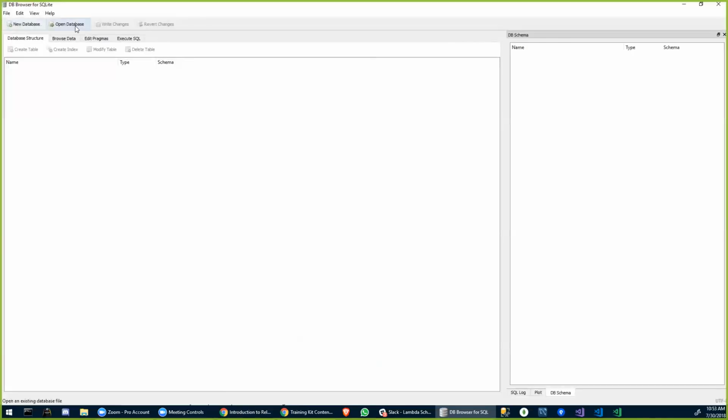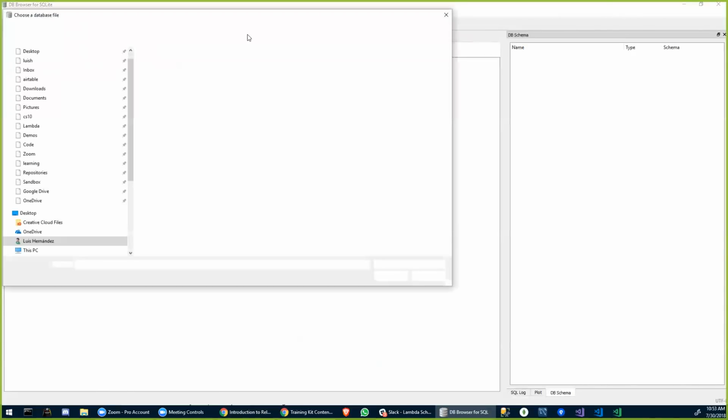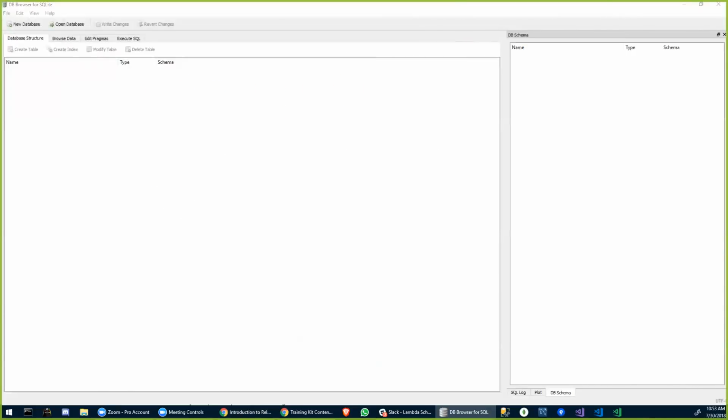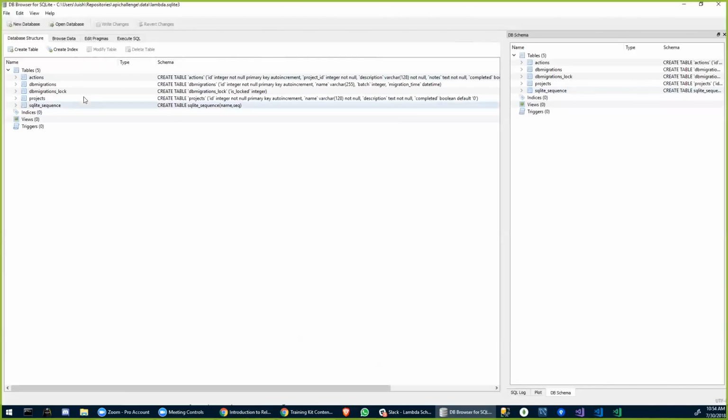So let's see if I have some old data here. Let's open a database, the one for the API challenge that you did. Let's see what we have in there. It's not going to be a lot, but it's enough. Okay, here we go. So we have actions, projects, and